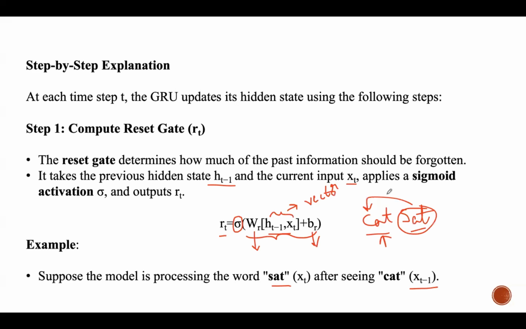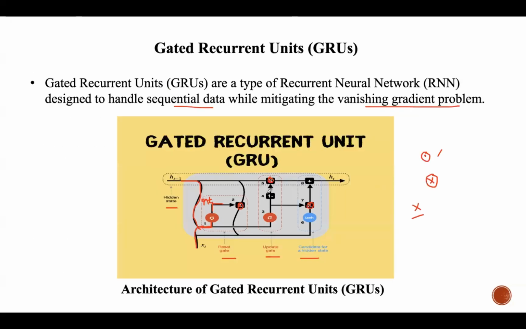So you can see this part in the diagram. We are taking this RT and HT minus 1 and applying element wise multiplication on that. So this is the result we got from this. Fine. So till now we saw this in the equation. This is the RT value and this is HT minus 1, and we perform element wise multiplication.